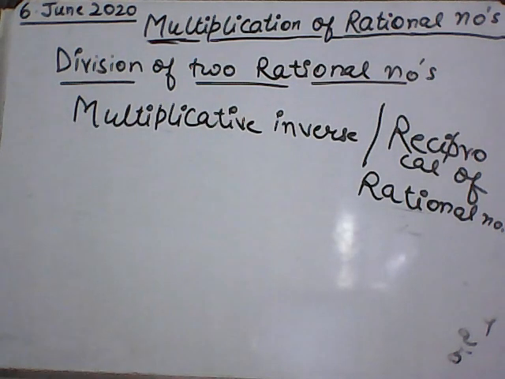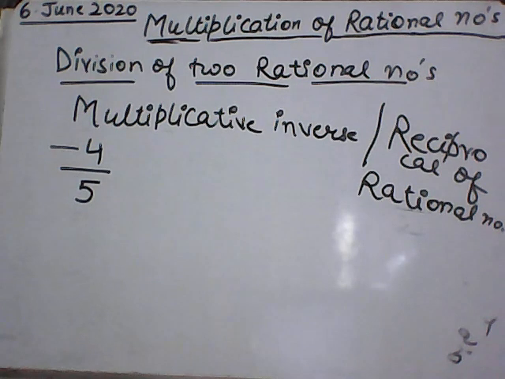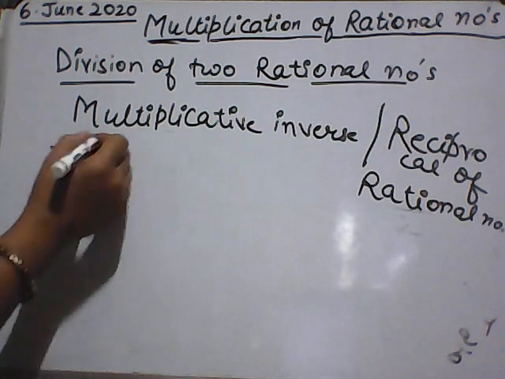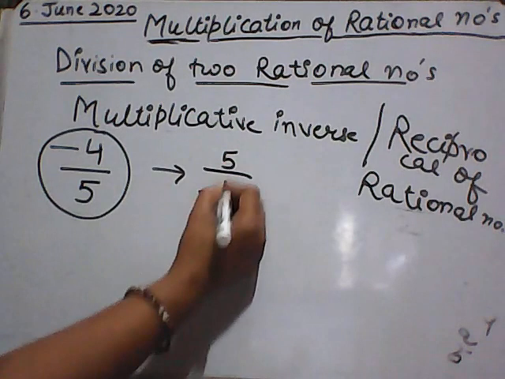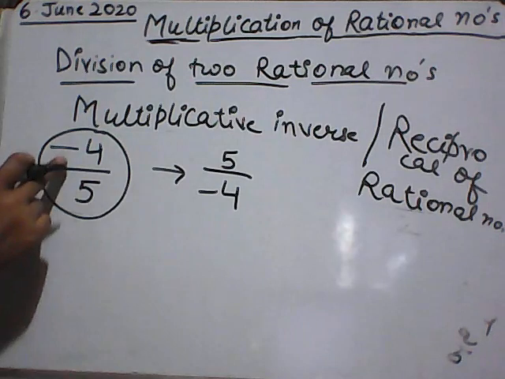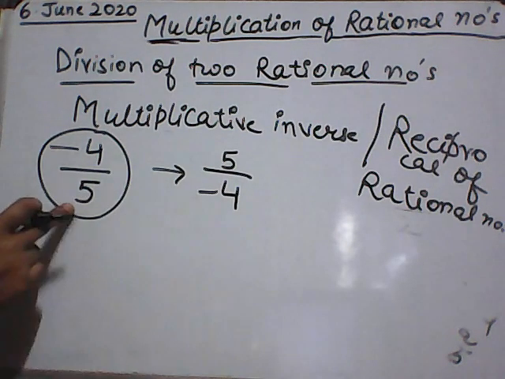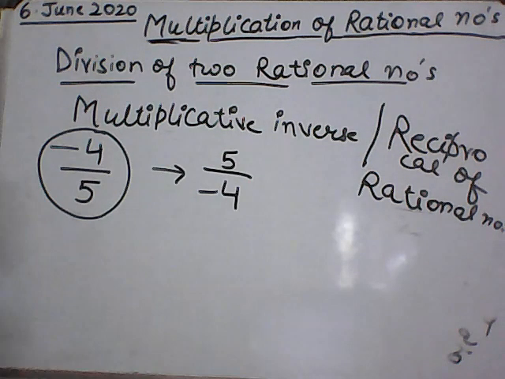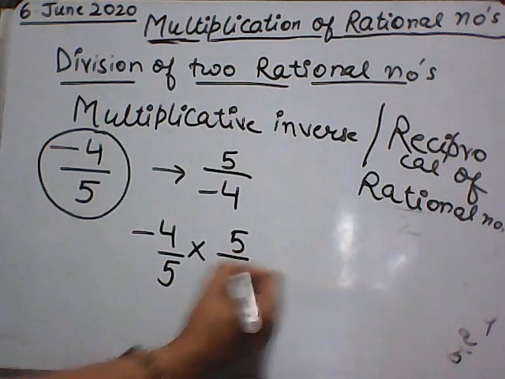Suppose you have a rational number minus 4 by 5. What is the reciprocal of this number? Or you can say, what is the multiplicative inverse of minus 4 by 5? The multiplicative inverse of this number is 5 divided by minus 4. Multiplicative inverse is obtained by reversing the number. You can see minus 4 is the numerator in the rational number, and it becomes the denominator, and 5 is the denominator, and it becomes the numerator. Now, if we find the product of these two rational numbers, minus 4 by 5 multiply by 5 divided by minus 4,